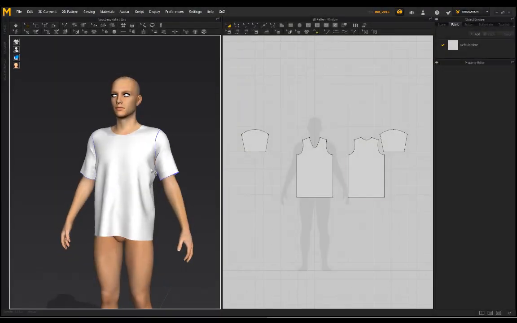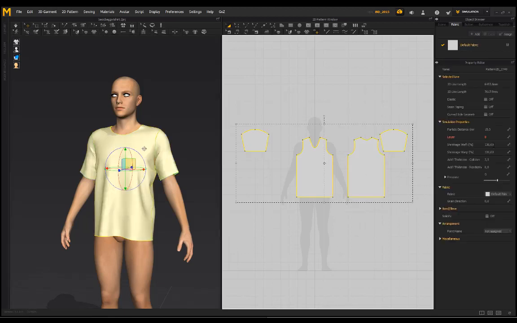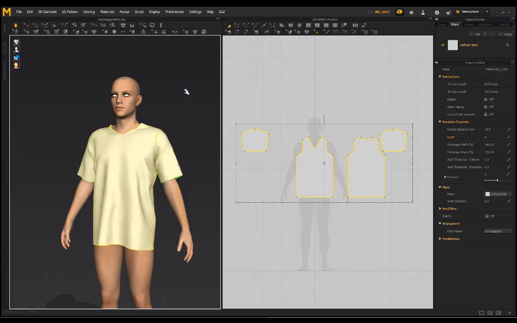Okay, so I'm going to go ahead and make this even more baggy. So I'm going to select everything and increase that shrinkage weft. Put that on 140. This time I'm actually going to add to the shrinkage warp as well. So I'm going to put 110 on there. Click enter, click simulate,